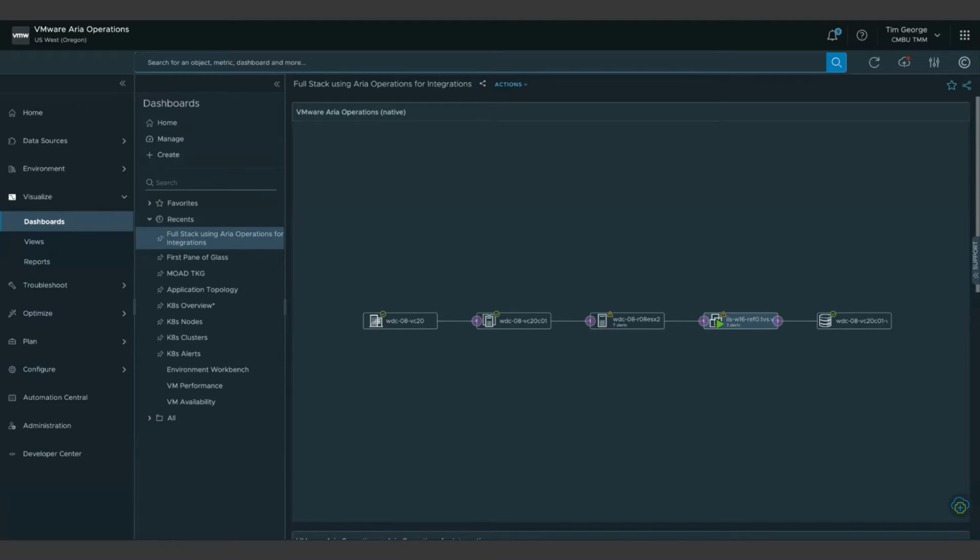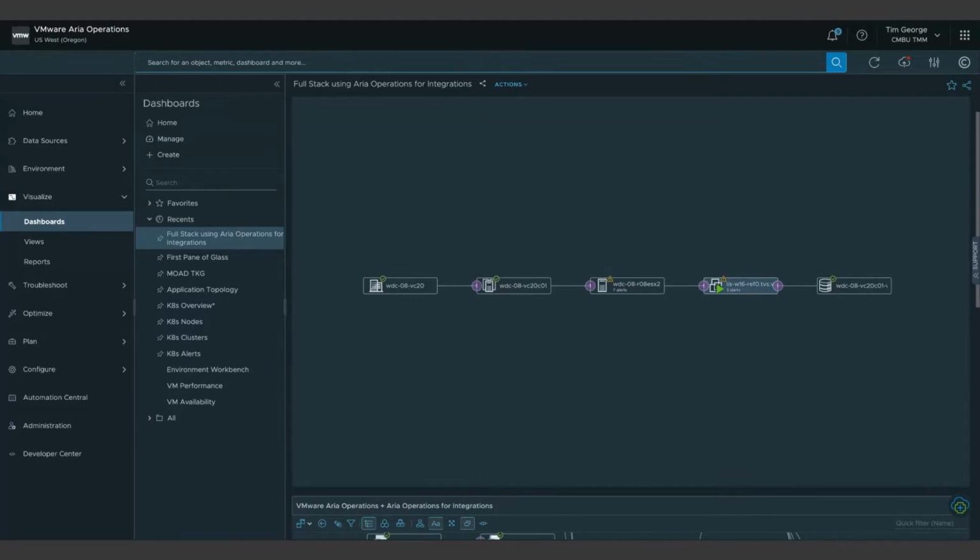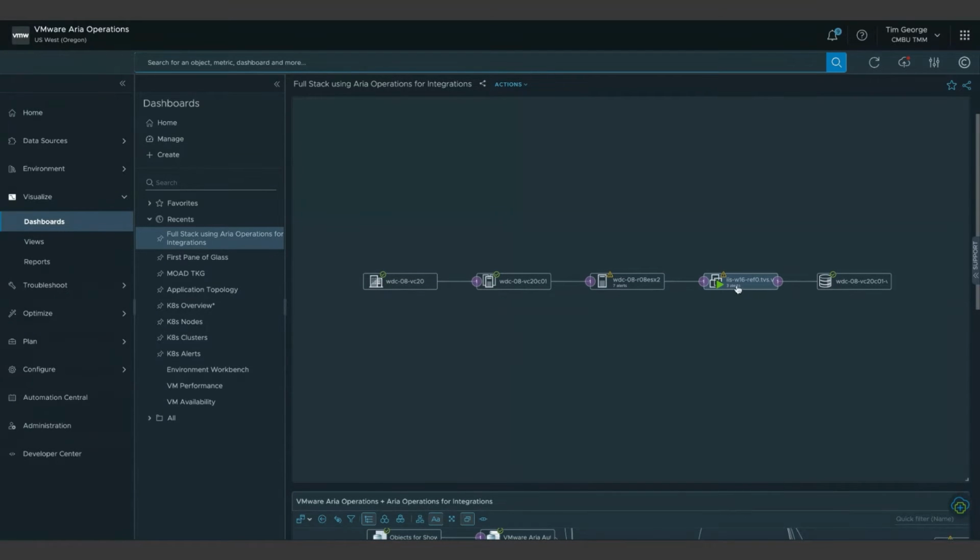So we can see all that is there. Of course, there could also be items for show back. We could have things from service discovery without installing any management packs. But if we do install these management packs, and this is the same virtual machine, this IIS W16 virtual machine,